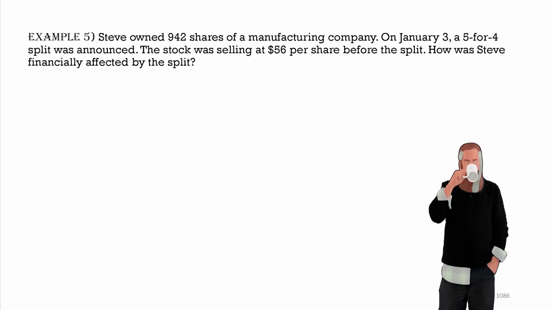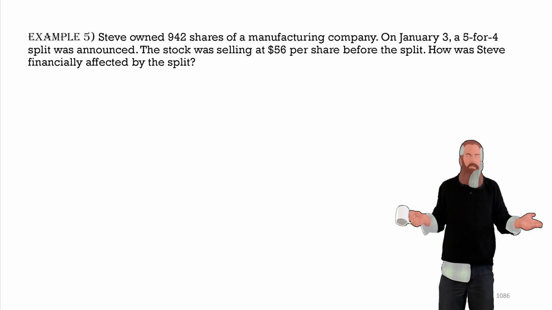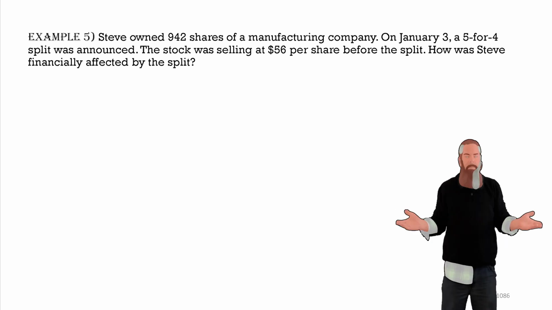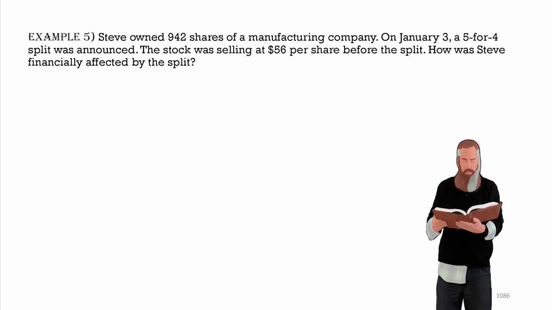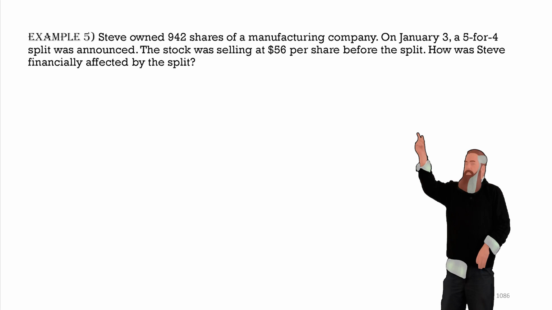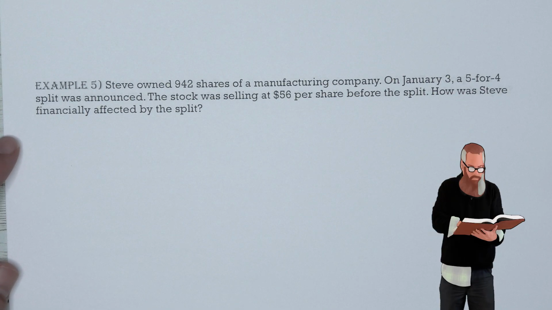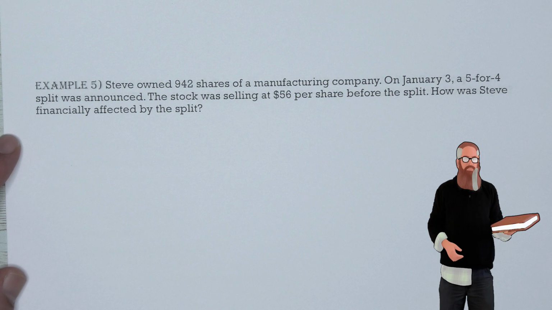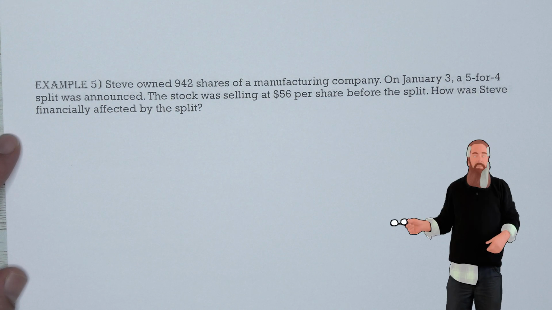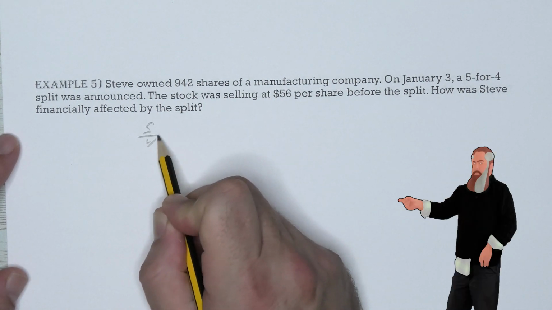Steve owned 942 shares of a manufacturing company. On January 3rd, a 5-for-4 split was announced. The stock was selling at $56 per share before the split. How was Steve financially affected by the split? So we're going to write the split as a ratio using the pre-split information to find the post-split value. This means we're looking at 5/4 times